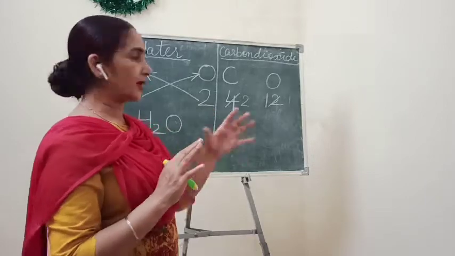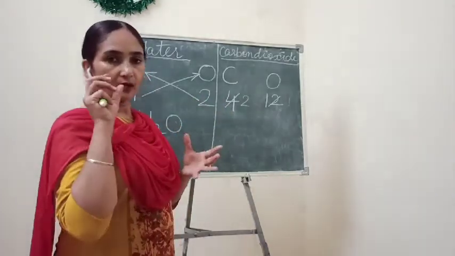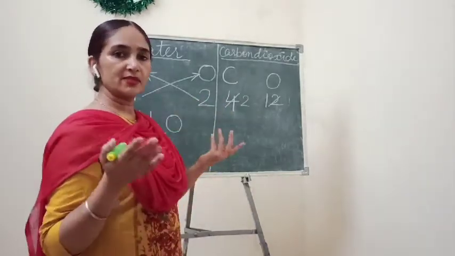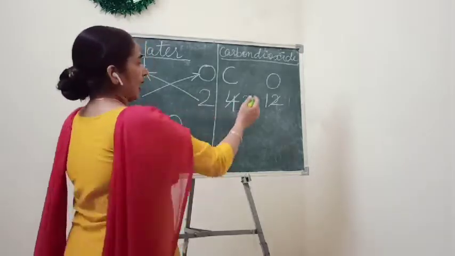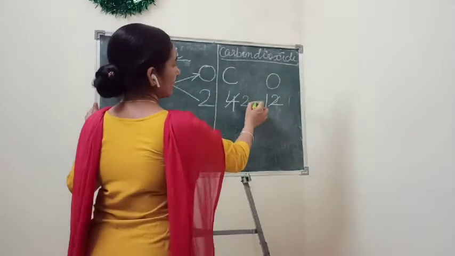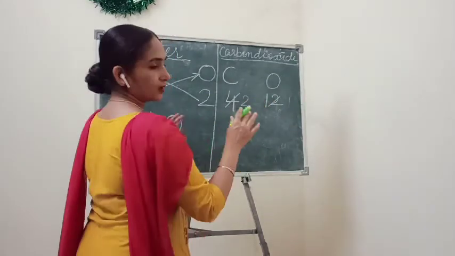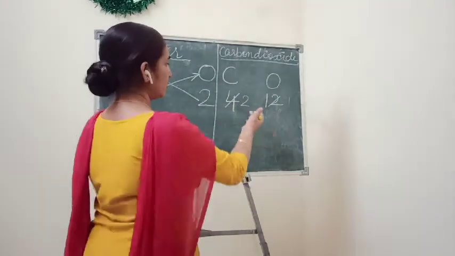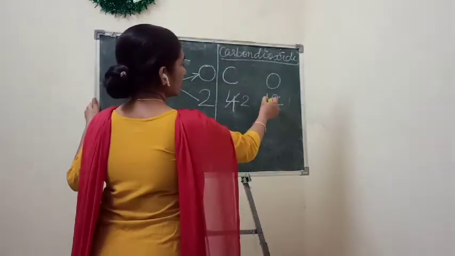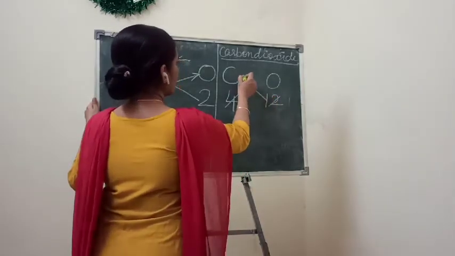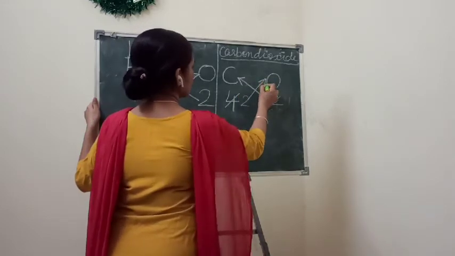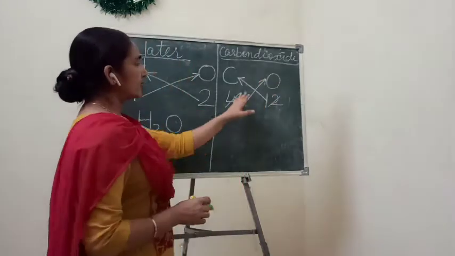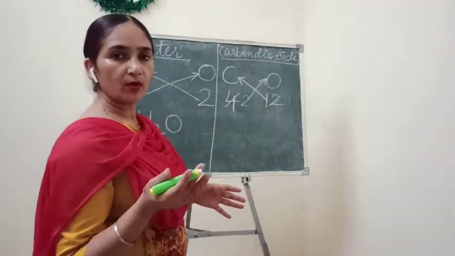If it is possible, if any numbers fall in one table, then they can be simplified more. You keep on further cutting them, and ultimately the numbers come which are not divisible further by 2 or any number. Then we again follow the same rule. You just cross over these. And now what will be the formula?